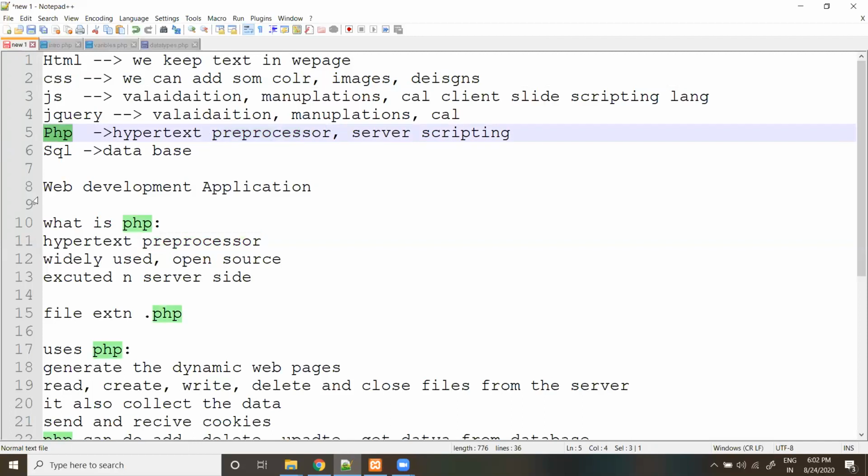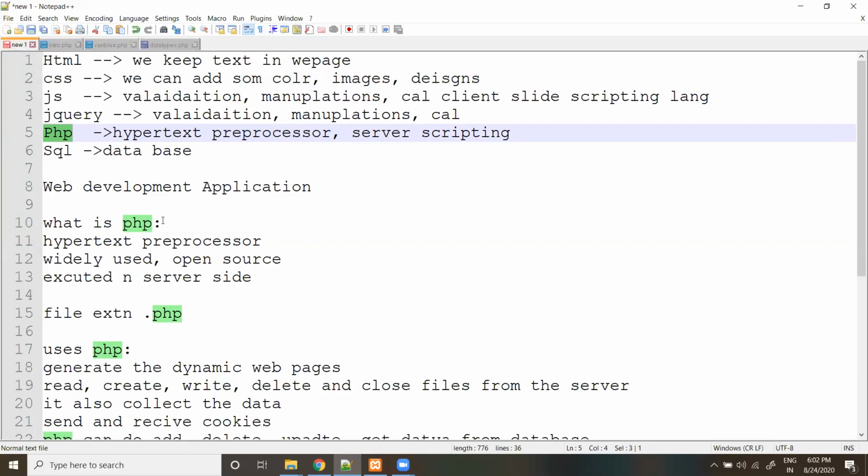So if you want to go for any dynamic site, definitely you need to go for PHP as the backend technology. In the front end, you can design with HTML, CSS, or else you can design in Angular or some other technology. But if you want to go for backend, you can choose one of the backend technologies, PHP, a server-side scripting language.